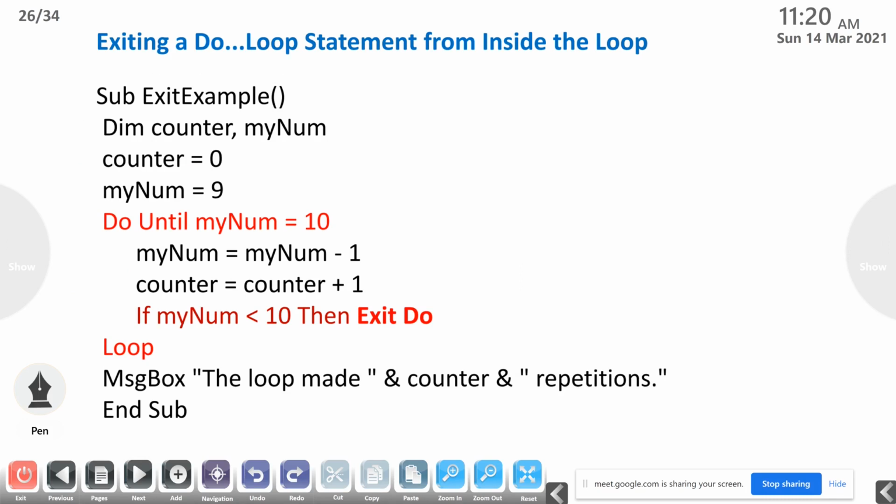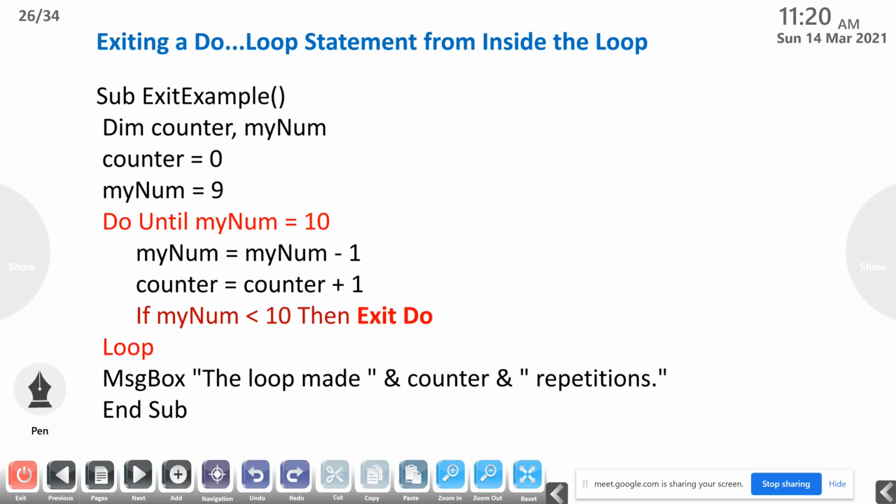Then exiting a Do loop. So in JavaScript, we discussed how we can exit an iteration or loop. It's possible by using two statements, break and continue.